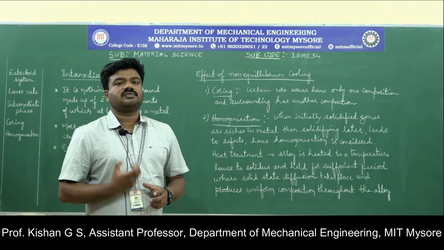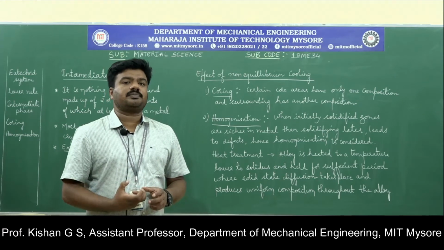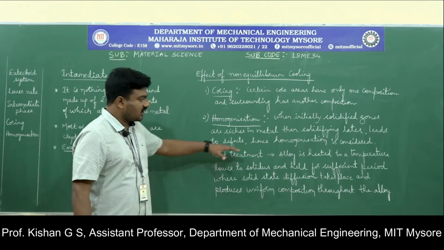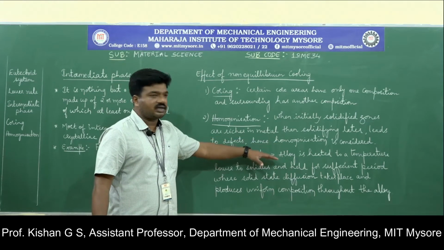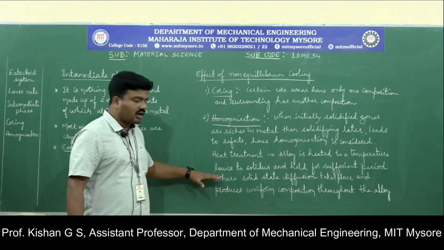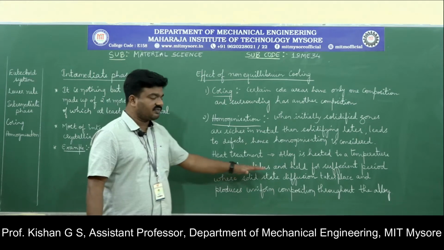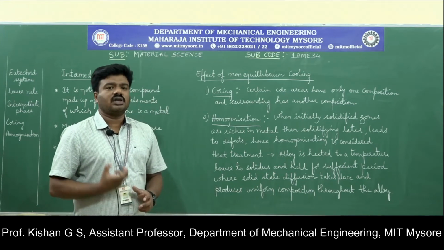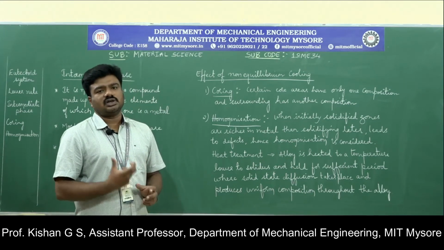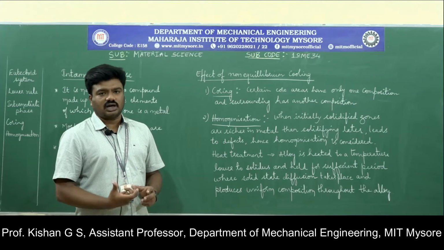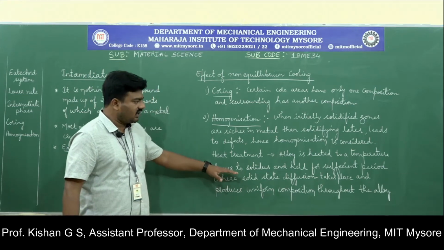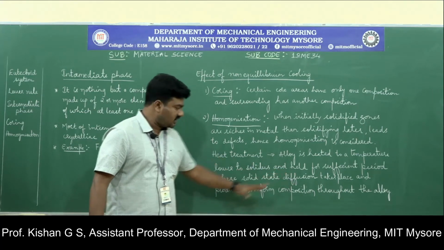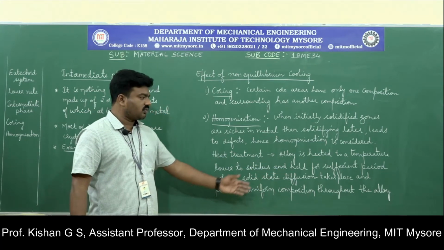To overcome this, we introduce a heat treatment process called homogenization. In homogenization, an alloy is heated to a temperature lower than the solidus and held for a sufficient period of time. This is one type of heat treatment process to bring unity in the microstructures throughout the alloy, where solid state diffusion takes place